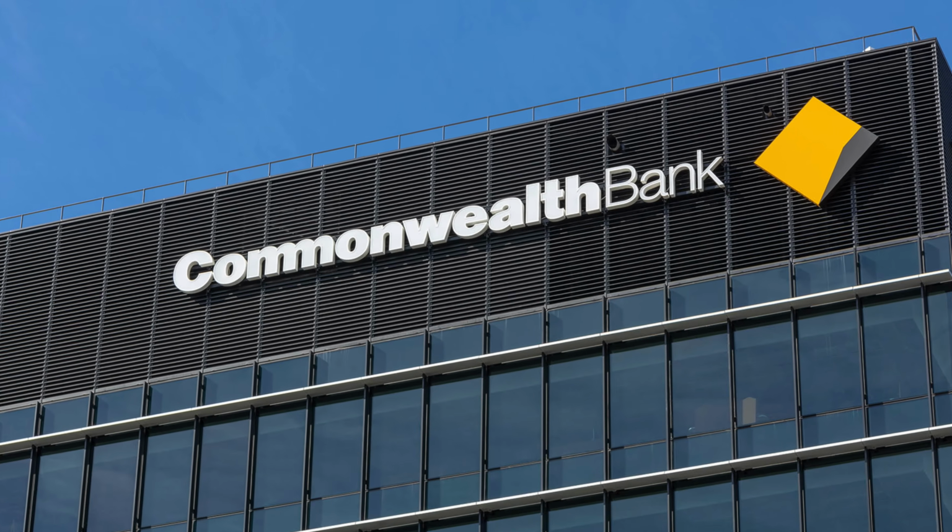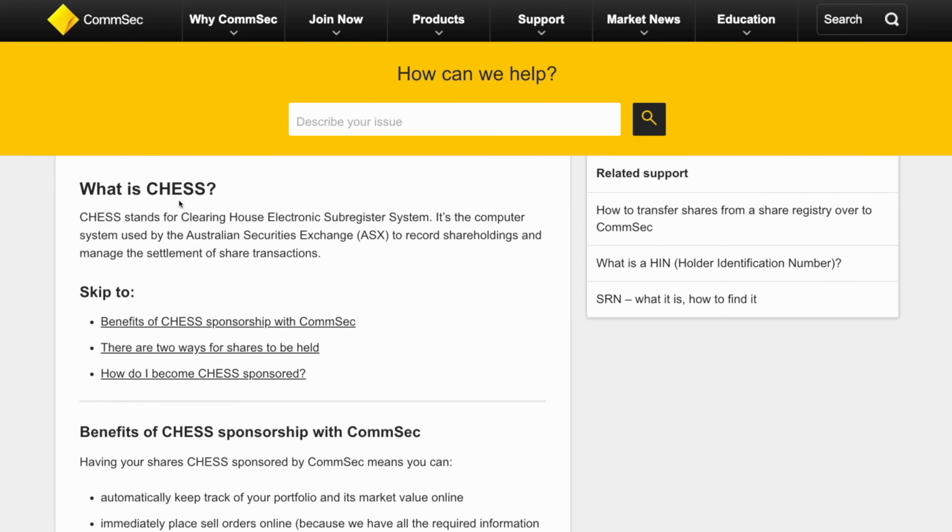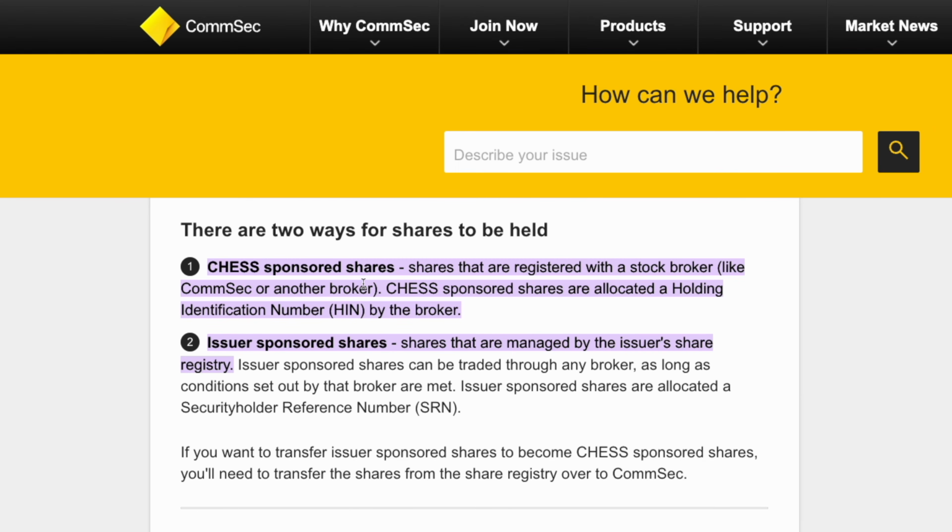In terms of security, it is probably one of the safest platforms because they are owned and backed by Commonwealth Bank, which is the largest bank in Australia. So you can rest assured knowing your shares are in safe hands. And even in the unlikely event that something happens to Commonwealth Bank, the insurance will cover any damages to your investments. In addition, Commsec Pocket is CHESS sponsored, which means they issue you an individual holder identification number, or HIN,